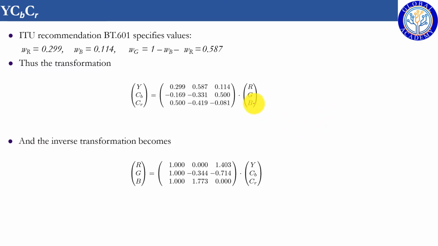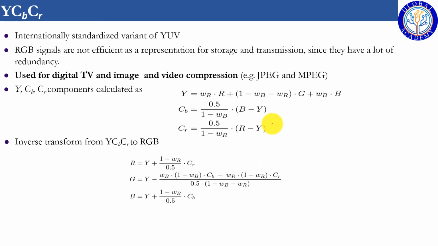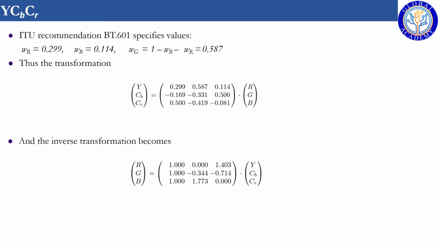Here are some constants for YCbCr which we discussed on the last page. This conversion from RGB to YCbCr requires some constants like WR, WB and WG, and similarly for the inverse conversion. Different standards have devised different constants for WR, WB and WG. We can write this transformation for these constants in matrix form as well.